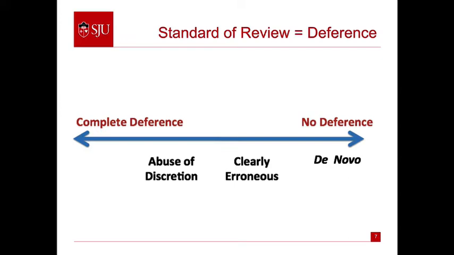Why? Because the trial judge was in a far superior position to make those factual findings. So the trial judge was the one who observed the witnesses, or the jury was the one that observed the witnesses and could ascertain whether they were telling the truth or not. In contrast, the appellate court, all they get is the paper record, or the written transcript of the hearing. And it's very difficult to tell whether somebody is telling the truth or lying just by reading a cold transcript. And so on factual questions, appellate court is often going to give complete deference to the trial court.